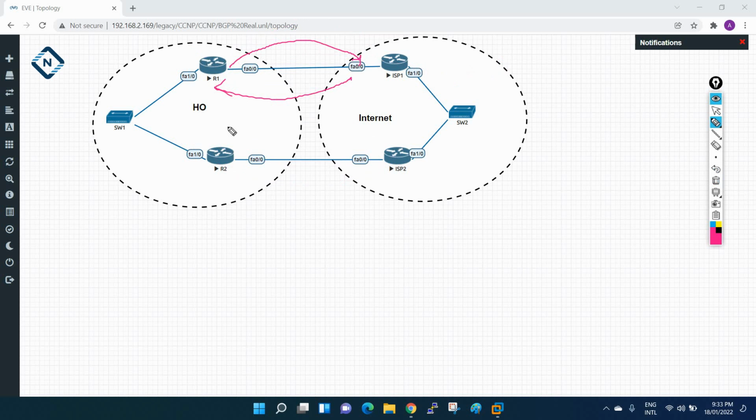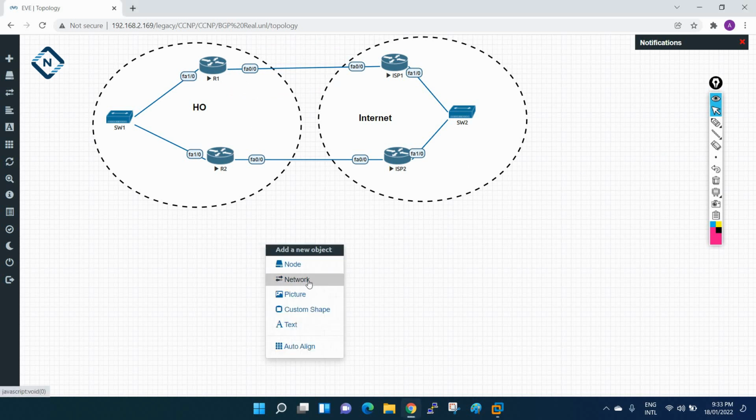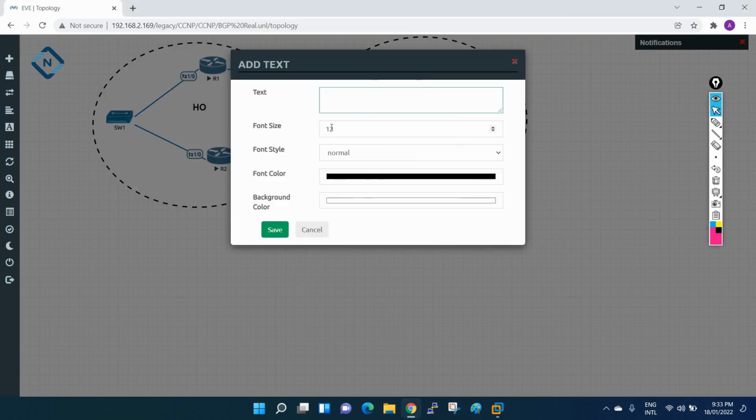We are going to modify the traffic. First, we are going to put the IP schema and configure the BGP, and then we are going to check where the traffic is coming from and how we can manipulate it. Okay, so let's do that. I will show you. First of all, let me write the IP schema, so that by seeing the IP addresses, it will be easy for you to understand.